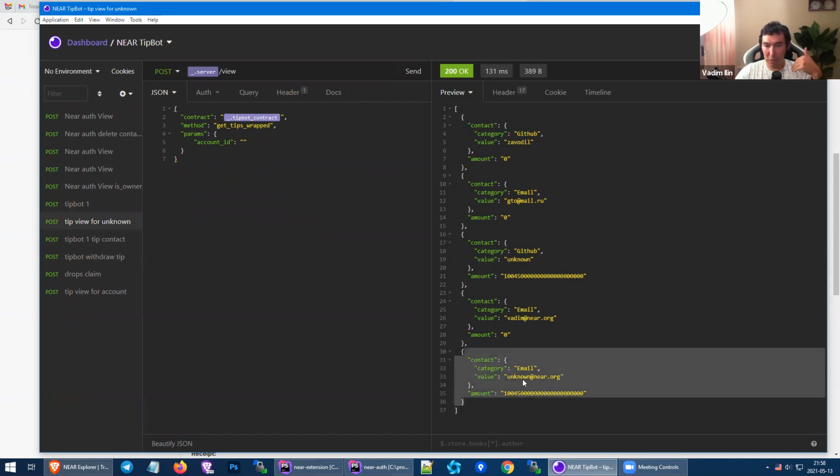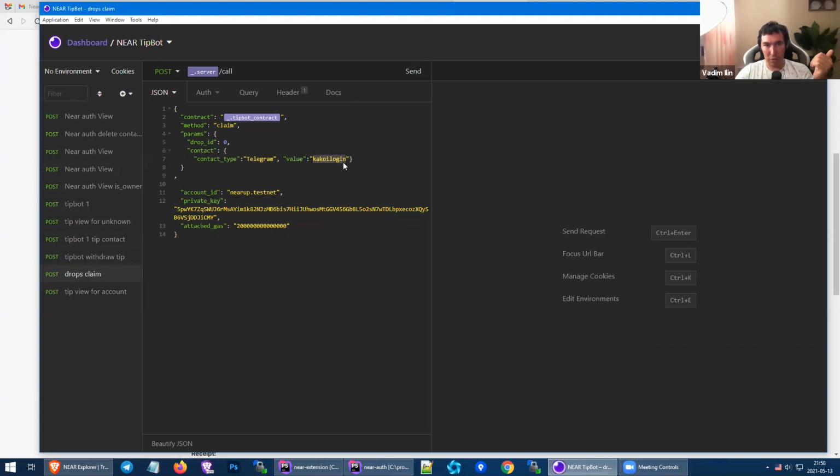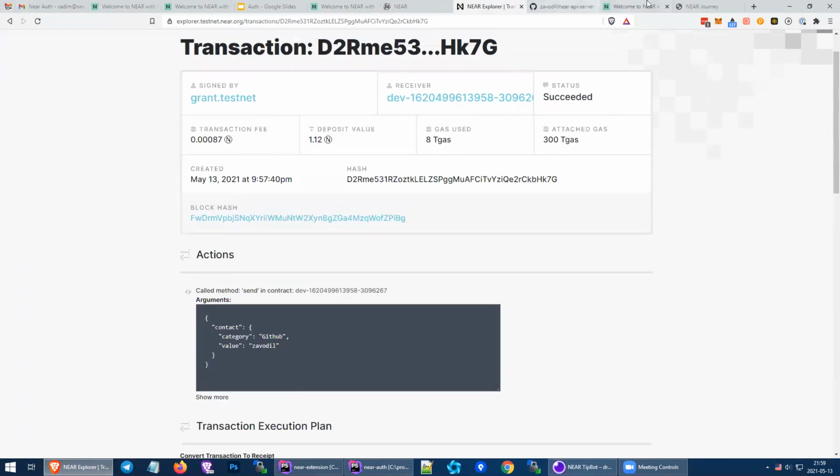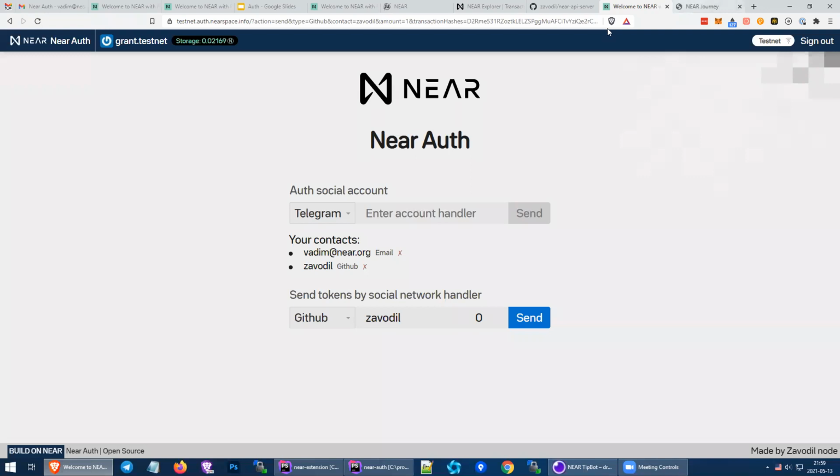So as soon as somebody with this email connects their account to their near account, they will be able to claim it through the method. They will just put their contact here and claim it. So it should be... I got it. Yeah, I understand how that works. That's a really cool way